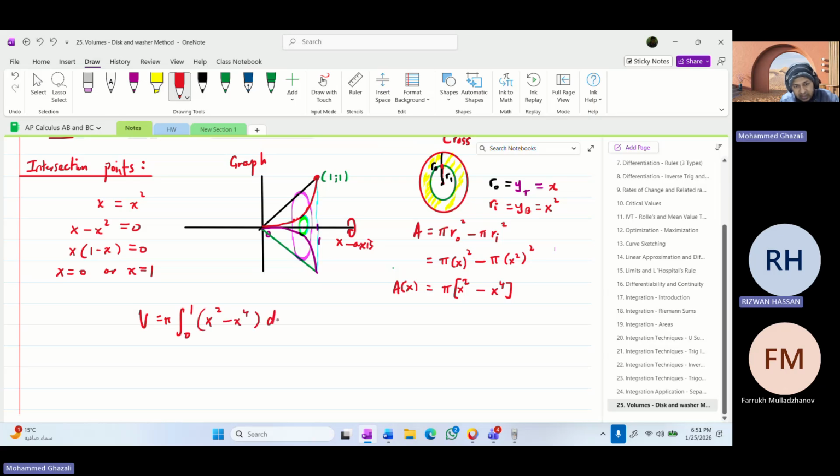Squared minus x. We're not doing HCF, we're just taking out the constant. Yep, so this is easy. You take pi and you're integrating that. That's x cubed over 3 minus x to the power 5 over 5